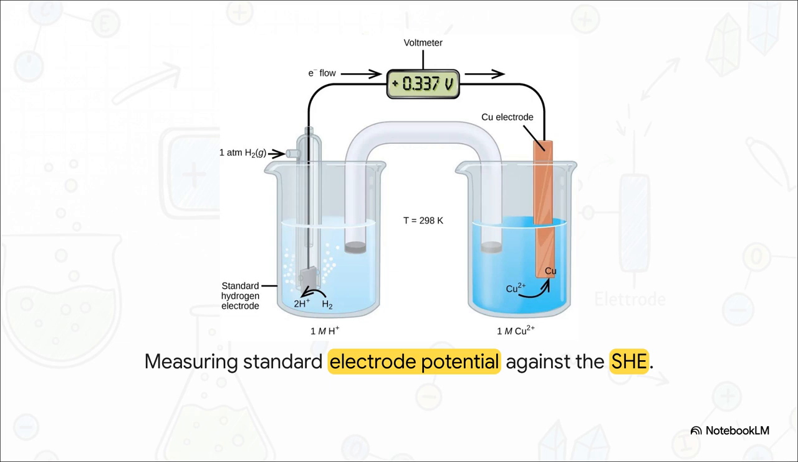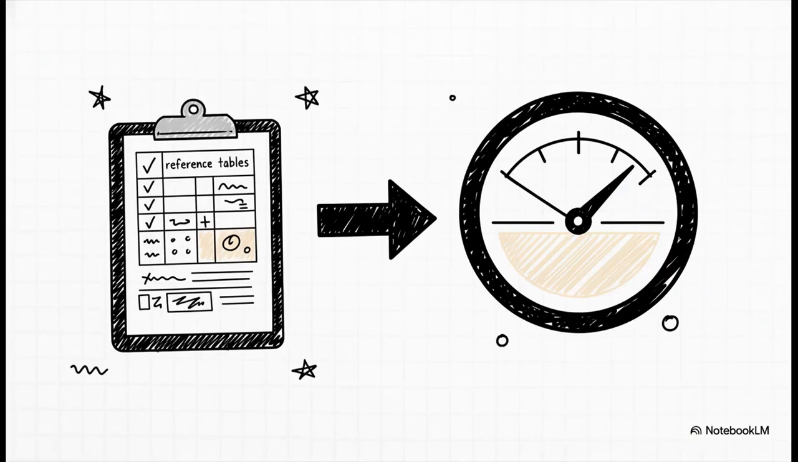If we want to find out the standard potential of a copper half cell, we just hook it up to the SHE. Because the SHE is strictly defined as 0, whatever number pops up on the voltmeter, like this positive 0.337 volts here, is 100% attributed to the copper half cell. And boom, that value becomes copper's standard reduction potential. Thanks to the SHE acting as our baseline,